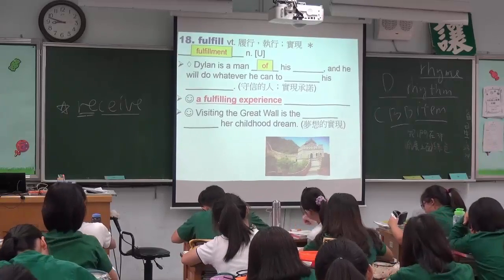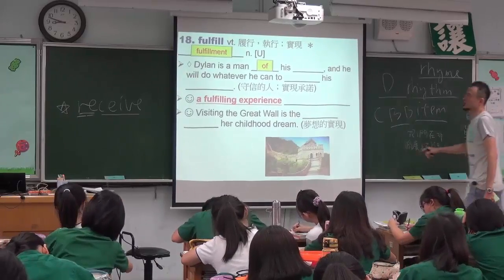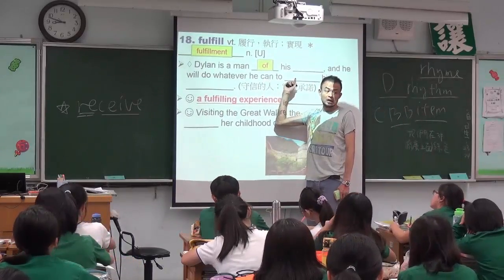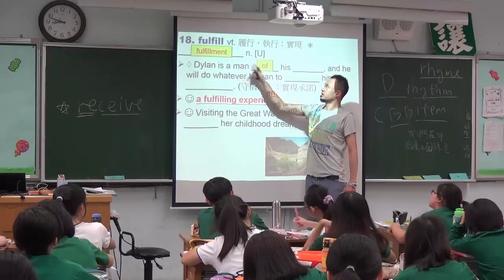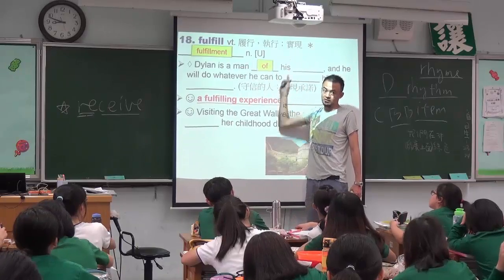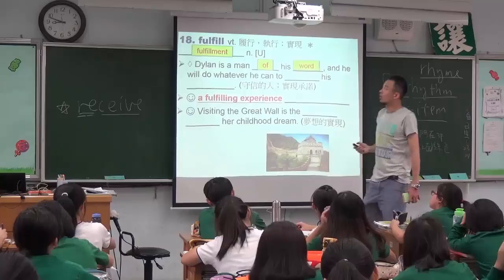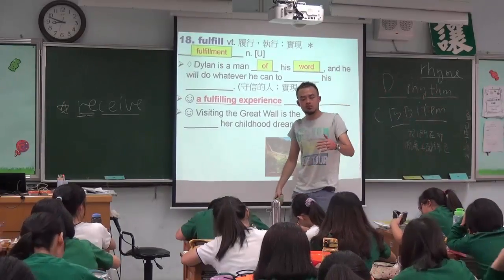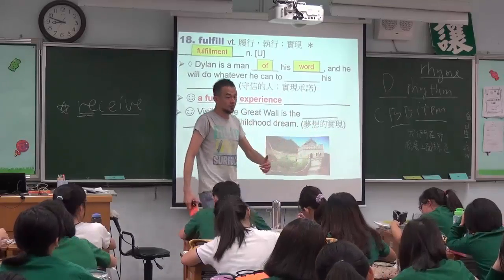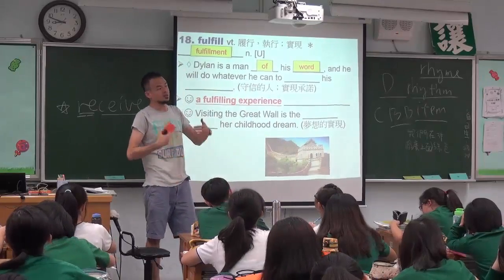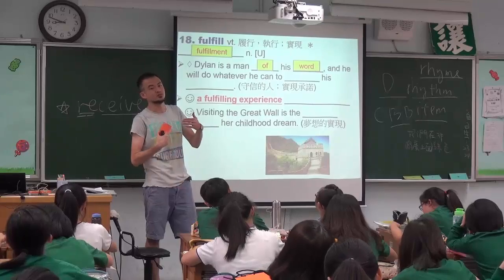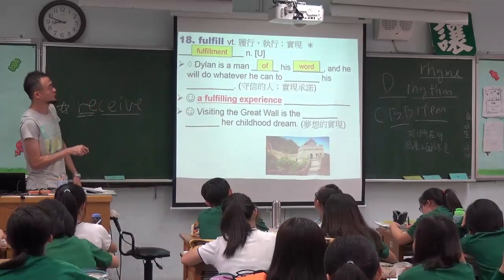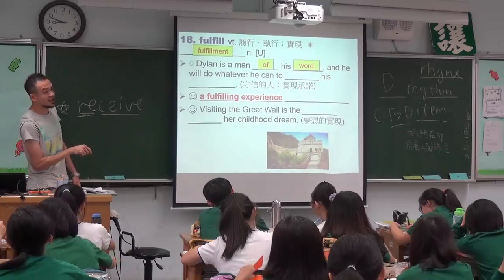Off 但是这个地方不会是，如果这个地方如果是 off 的话，是一个小片语，就不会是 promise of。所以守信的人就是他是一个做事情都从他所说的话出来的人 of his word. So when we say like she's really a friend of her word, you mean she's a friend who always keeps her promises, never breaks her promises. Okay, and he will do whatever he can do to. You can say realize or fulfill